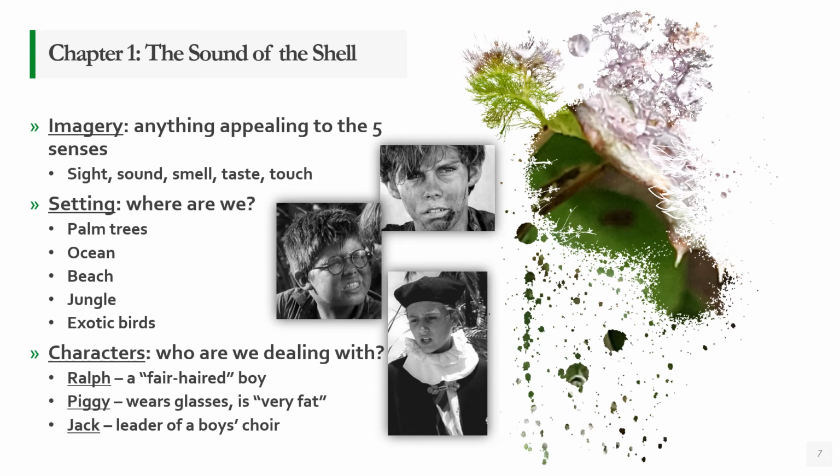And Jack is dressed in the garb of a boys' choir, okay? He's wearing a cap on top that looks kind of like a cardinal's cap, if you've ever seen like a Catholic church ceremony of some kind, right? This is a traditional way of dressing. He's got this frilly collar, right? Very thick collar. He's wearing a uniform underneath, and he's wearing a very long, thick cape, okay? So again, it's a very ritualistic type of garb.